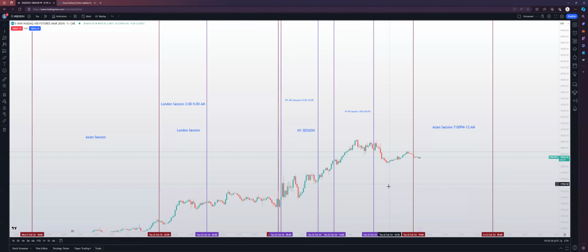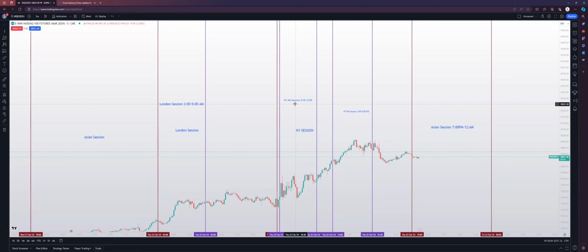But this is how you want to structure your trading. Ideally, pick one zone, one session to trade, and only trade that session. And I'm going to use some of us as examples. Sierra, for example, she trades the New York AM session. Now, although she's done in usually 20, 30 minutes of the day, Sierra does not bounce around on her time frames. She solely trades the New York AM session.